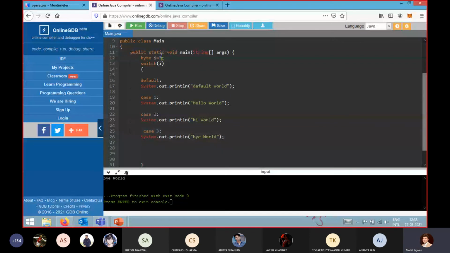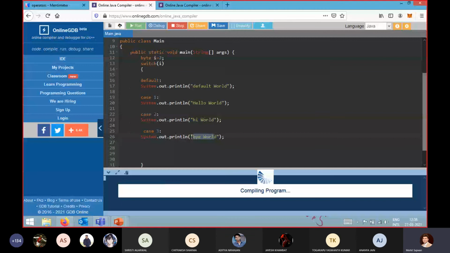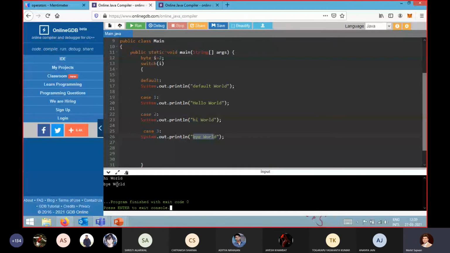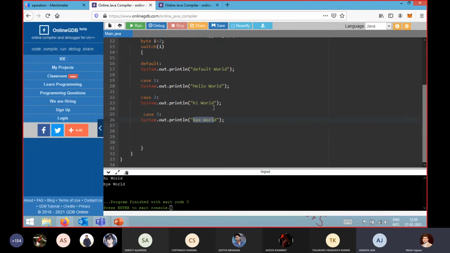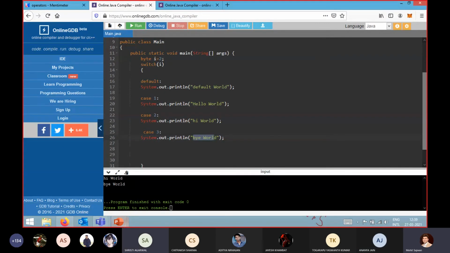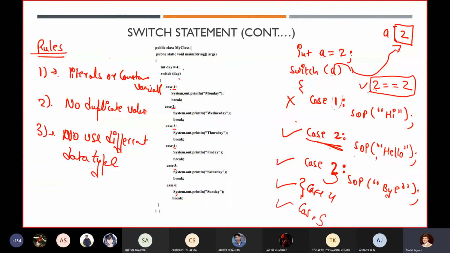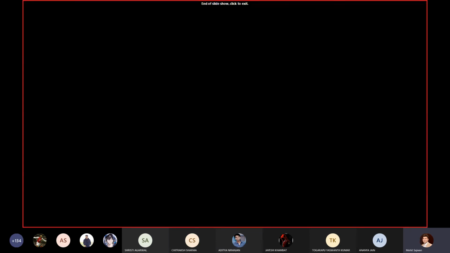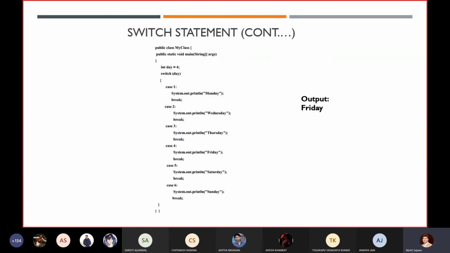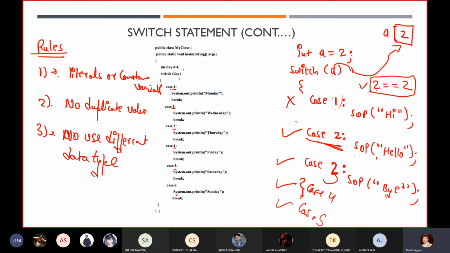So that is why you are just getting the output bye word here. Otherwise, if I write i equals 2, then what output will I get? I will get hi word and bye word. These two messages I will get if I execute this code. Always remember it like this. Can you explain it in the next class? Time is over. Okay, so this is all about this concept, just try to figure it out. I think I will explain other topics in the next class. Just go through it. This is the only last case I wanted to tell you about, the default case.